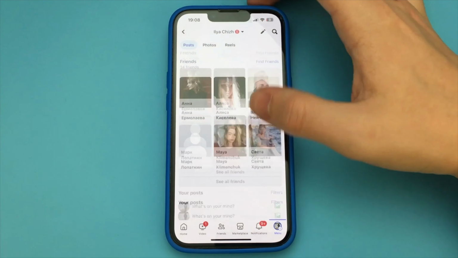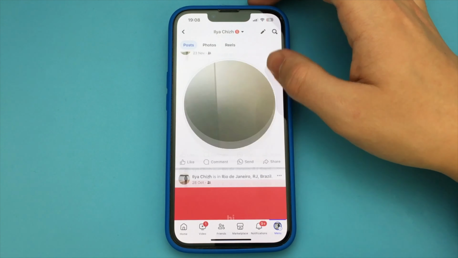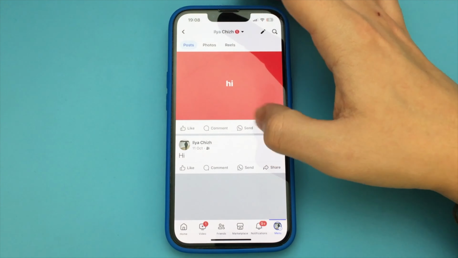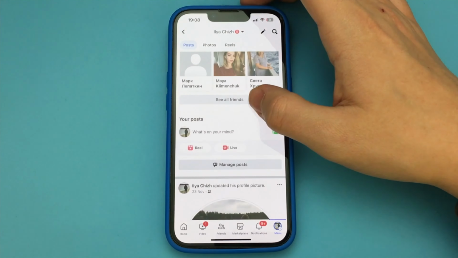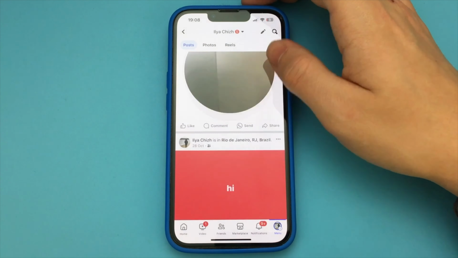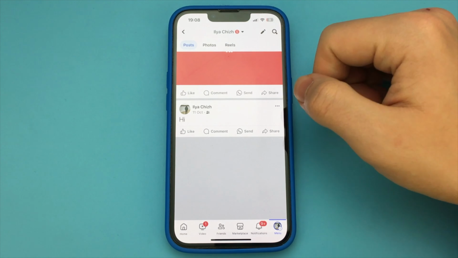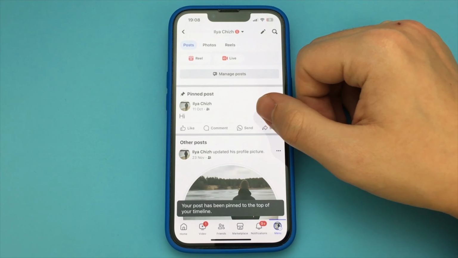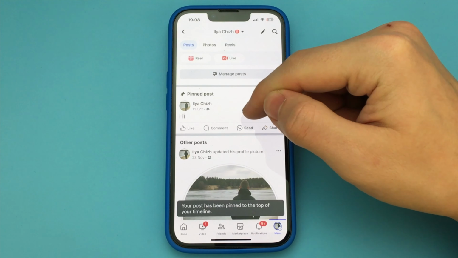Everything is very simple for this. You just need to choose a post. First go to your profile and then choose a post, and then you click here 3 dots above the post and press the button Pin Post, and after that your post is fixed and becomes in the top. That is, if you have any other posts, this post moves to the top, will be the first, and will be fixed as the only post. So this is how it all works, nothing complicated.